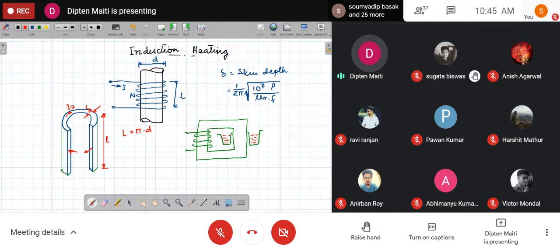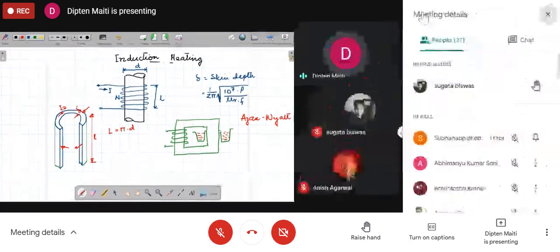Now, one example of this, and that is very important, is called the Ajax Watt furnace. So we will not discuss here that is simply a structure of the furnace, because theory is one thing and application or utilizing that for a large power generation, that is another thing. So that is the difference between science and engineering. So you can find the structure of this very easily.